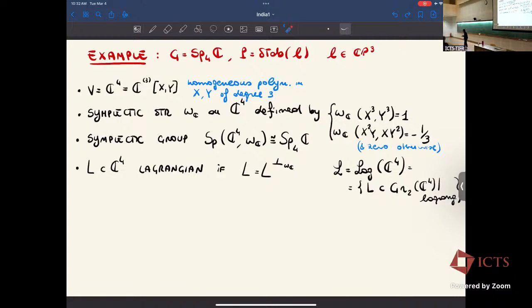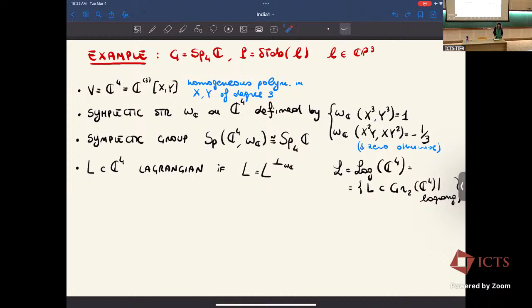Kapovich-Leeb-Porti theory is in some sense maybe more clean because they use this combinatorial setting, and so they tell you what to do for this balanced ideal. But I really like the picture, maybe because that's the theory I learned from Anna: you have this curve and you have this thickening that you remove. So I'll do it in this one particular case of Sp4C, but the construction is very similar.